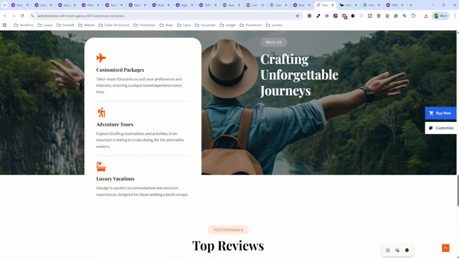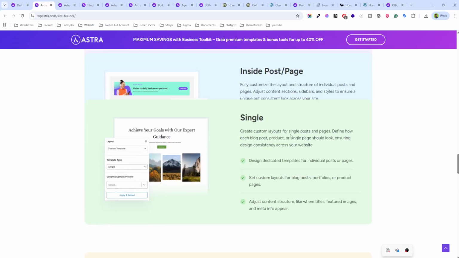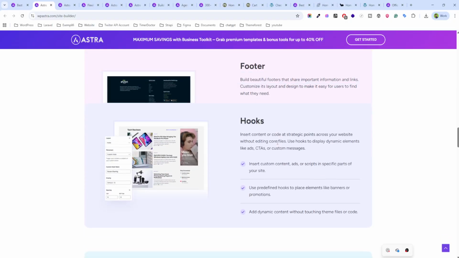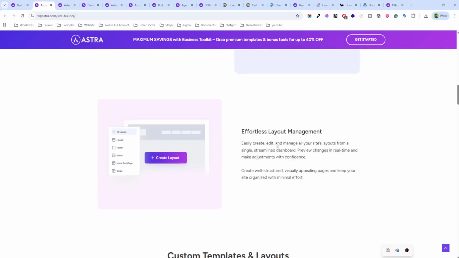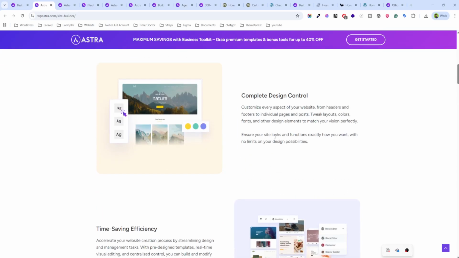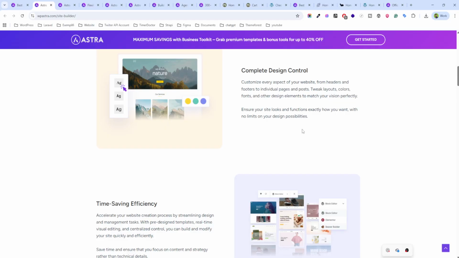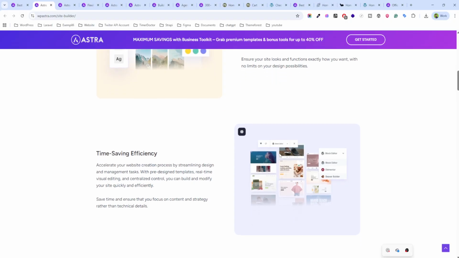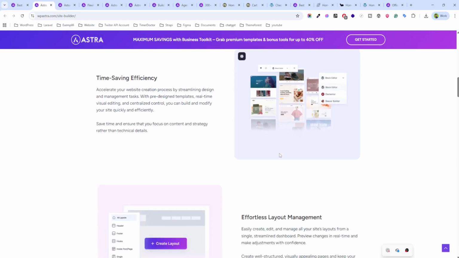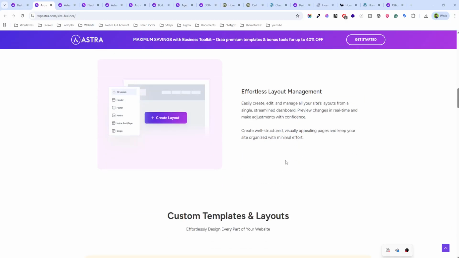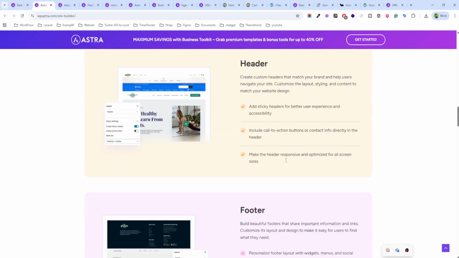So what is the site builder power of Astra? Astra is a builder that lets anyone build a complete website. You can just choose from 100s of pre-built starter templates, drag and drop elements, customize your site, and adjust the layout, typography, and spacing all in real time. So what are the key benefits of Astra? You don't need any coding skills and you can import a full demo website in one click. It integrates perfectly with Elementor, Spectra, and Gutenberg add-ons, and in less than 10 minutes you can launch a beautiful e-commerce store.